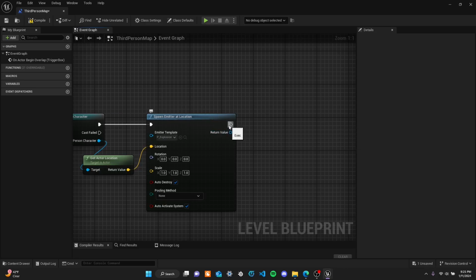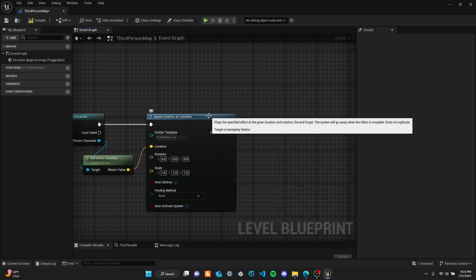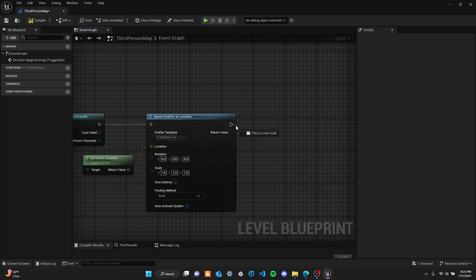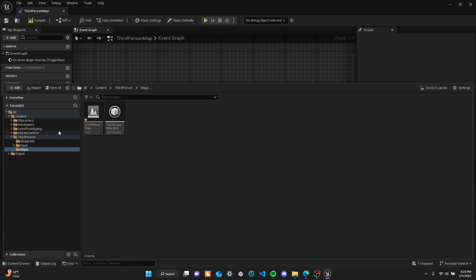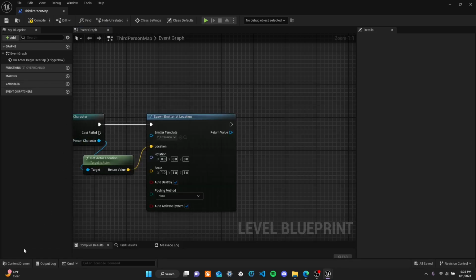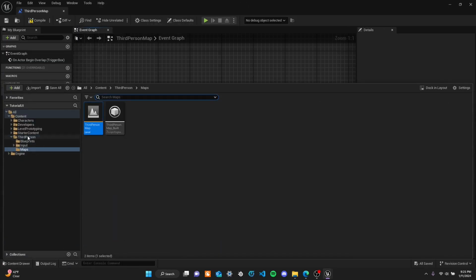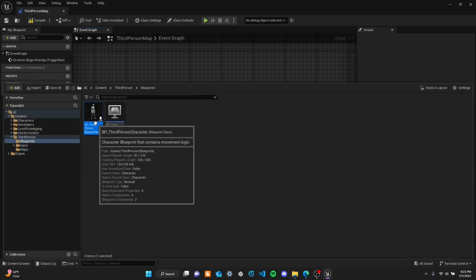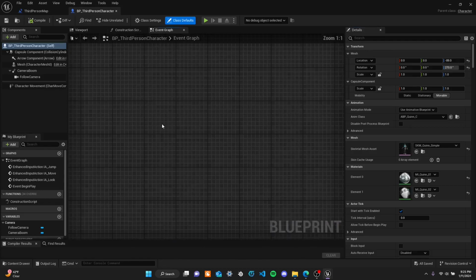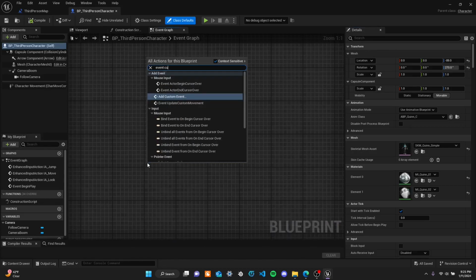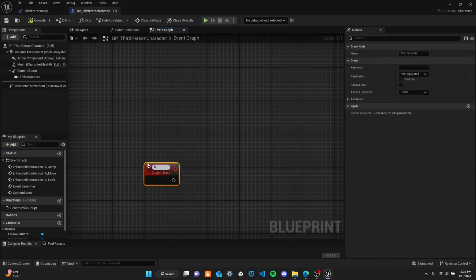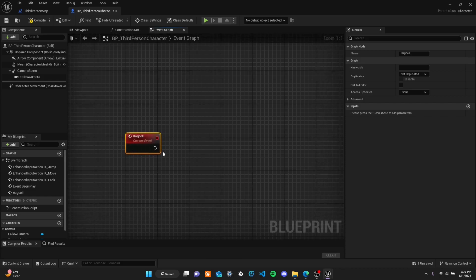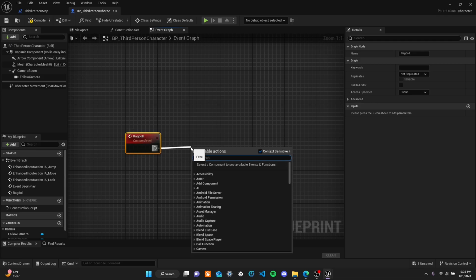And then off of the execution, we're going to create a new custom event in our character and then add that custom event here. So first, locate your first person character blueprint, open it up, and then wherever you want, we're going to add a custom event. We're just going to call it ragdoll or whatever you want to call it. And then off of here, the execution, we're going to say